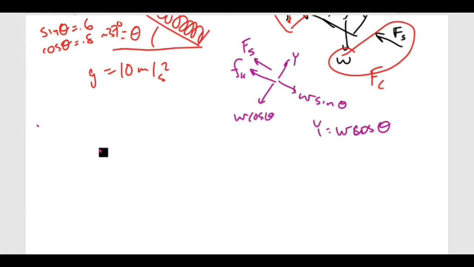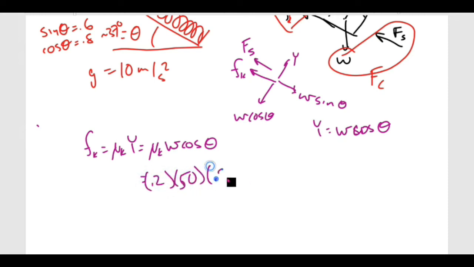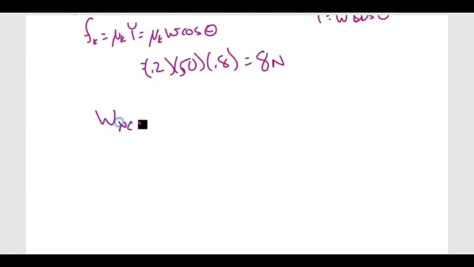As we do that, we end up with our kinetic friction, which is mu k times N. It's mu k W cosine theta. We can actually come out with a number here. This is 0.2 times 50 times 0.8, which ends up being 8 newtons. We have non-conservative work is equal to the change in energy. Our non-conservative work is the friction times the displacement. And for displacement this time, I'm not going to use x because I use x elsewhere as well. And so we're going to do delta S,